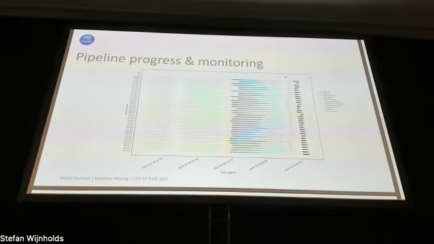So we have a lot of monitoring and so on of how the things go. This is sort of a visualization of how the processing goes, as a function of time here. Each of these lines is an hour, I think. So this is for an EMU observation, so a 10-hour continuum observation. Each row here is a different beam, and the colors show the different types of jobs.